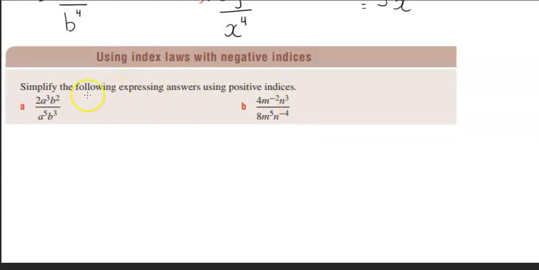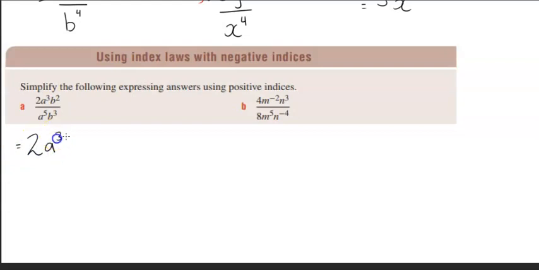First one, we have 2a cubed b squared all over a to the power of 5b cubed. Now again, all you've got to do is associate the letters with each other. Because we're dealing with a fraction or a division, we are subtracting the powers. So this is from the skills that we should have practiced from the previous exercise. So in other words, this will be